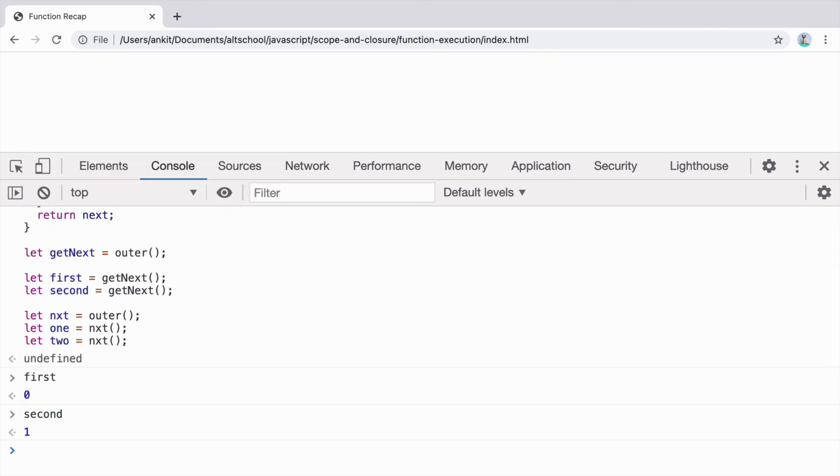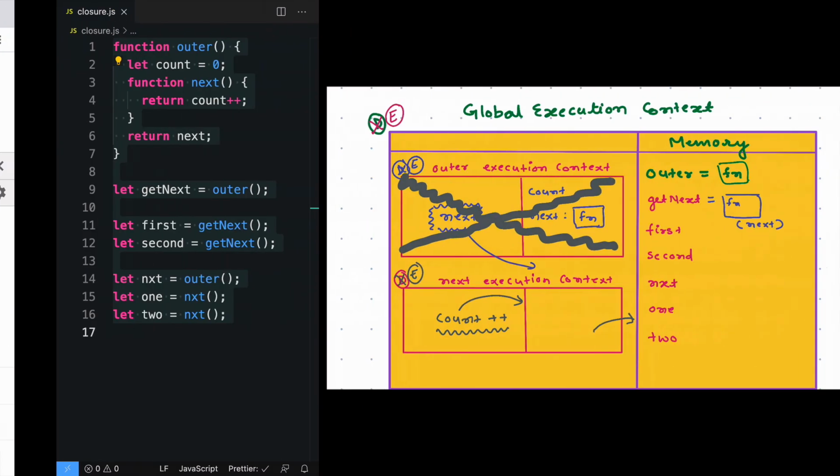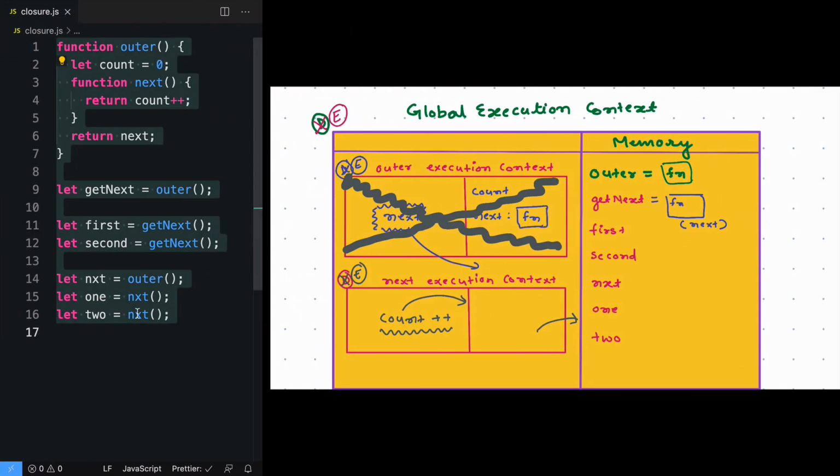Obviously, there is something going on that we don't understand yet, right? Try doing it by yourself and see if it is right or not. We'll find the answer of this in our next video. But before starting the next video, you should try doing it by yourself on a notebook and see, whatever rules we know till now, using those rules, is it possible to have a value of first and second as 0 and 1? Try to figure it out.